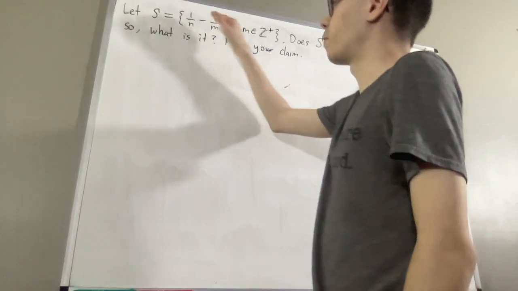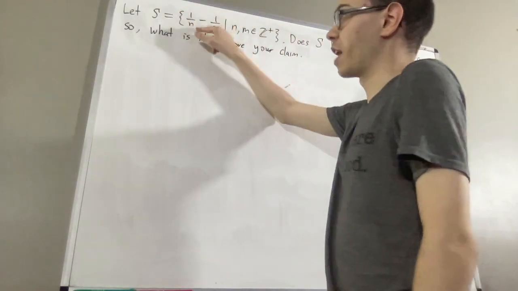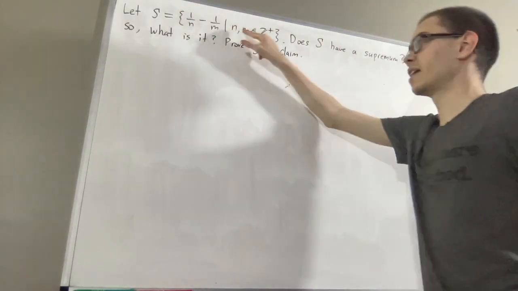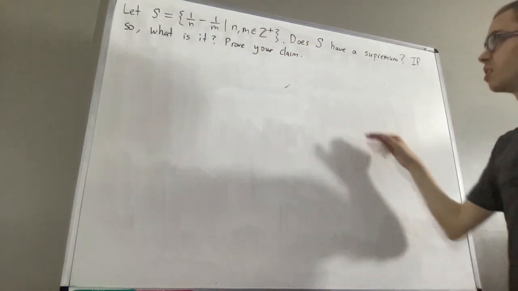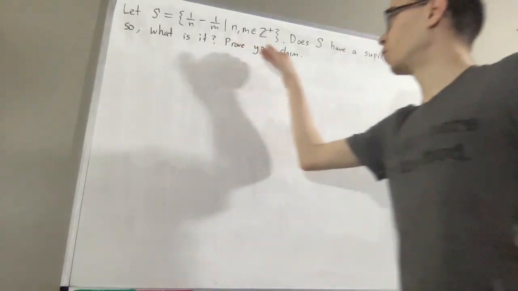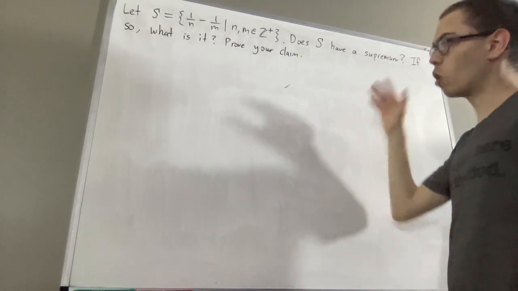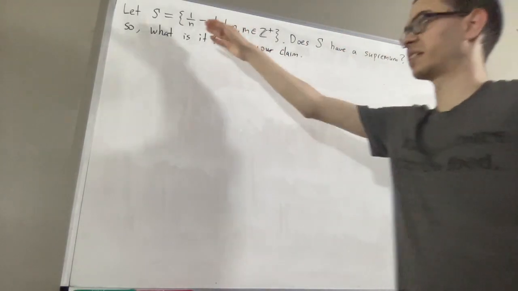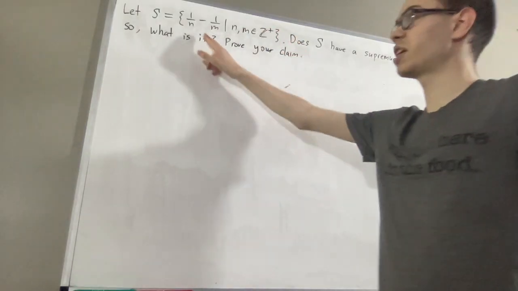Let S be the set of all real numbers of the form 1 over n minus 1 over m, where n and m are positive integers. Does S have a supremum? If so, what is it? Prove your claim. Now, one way of thinking about what the supremum of S is by trying to make 1